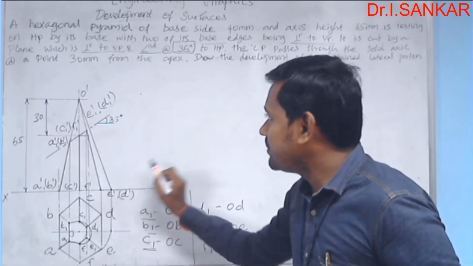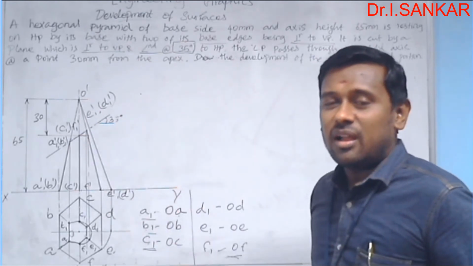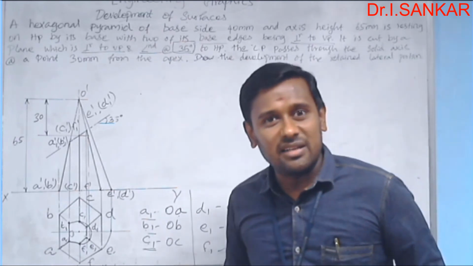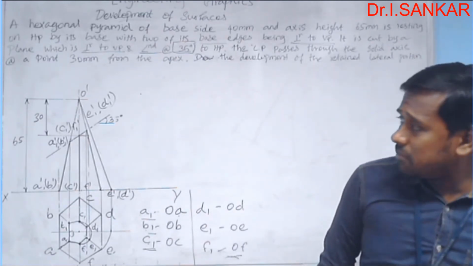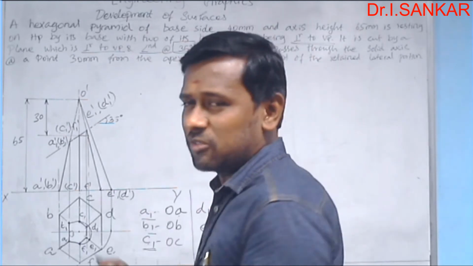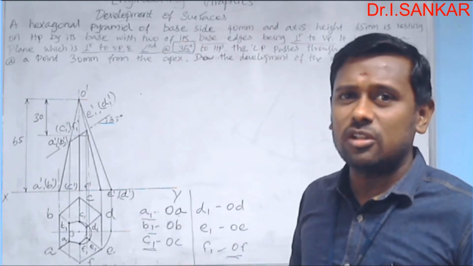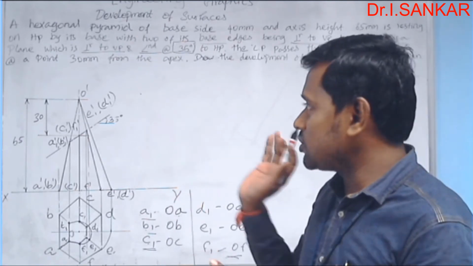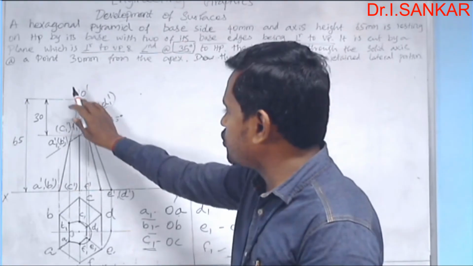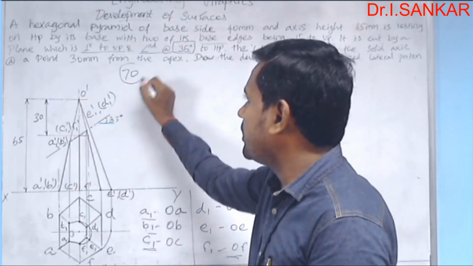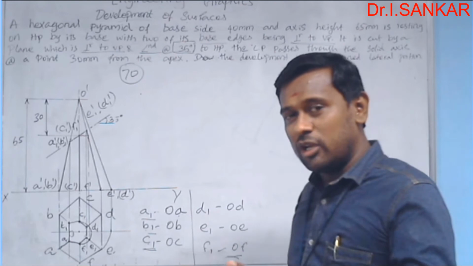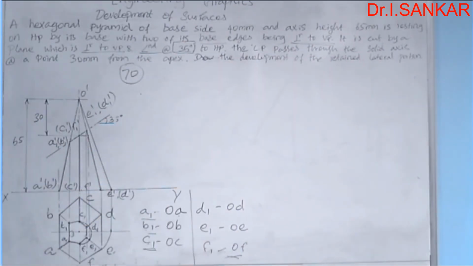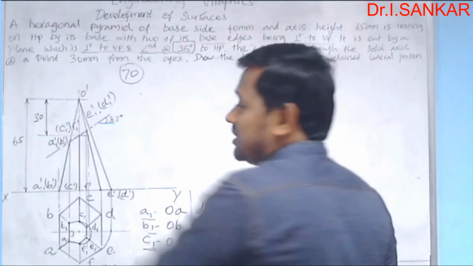Just measure it, and that will give you the true slant length of your solid's slant edge. Maybe I obtained here about 70 mm. I don't know what will come when you draw it with the true dimensions and true tools on your paper. For demonstration purposes, I am assuming that I obtained the true slant edge length as 70 mm. Assumption only; maybe the true value differs on your paper. By using that 70 mm true slant edge length, load it in your compass.